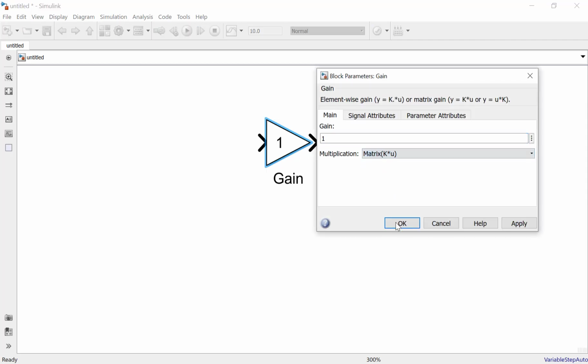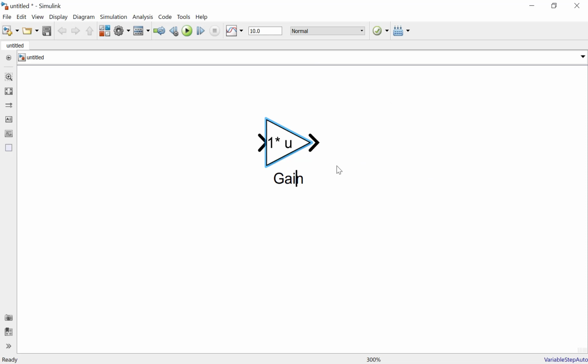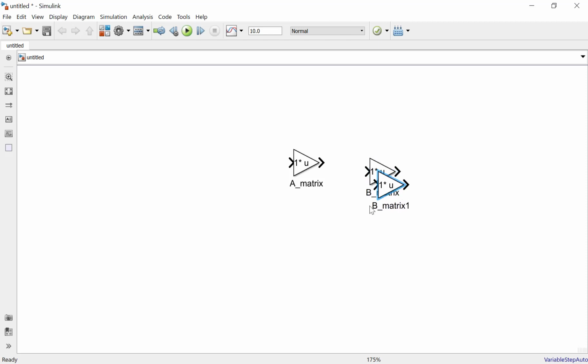We will give the name for the A matrix, and then we need to copy. This is for the B matrix, and the last we need the C matrix here.